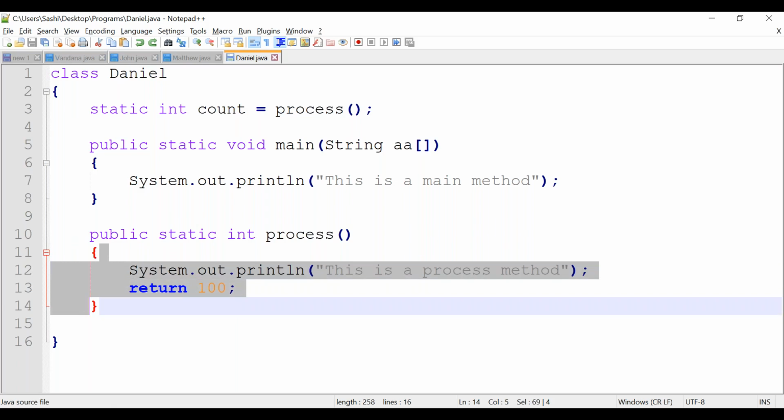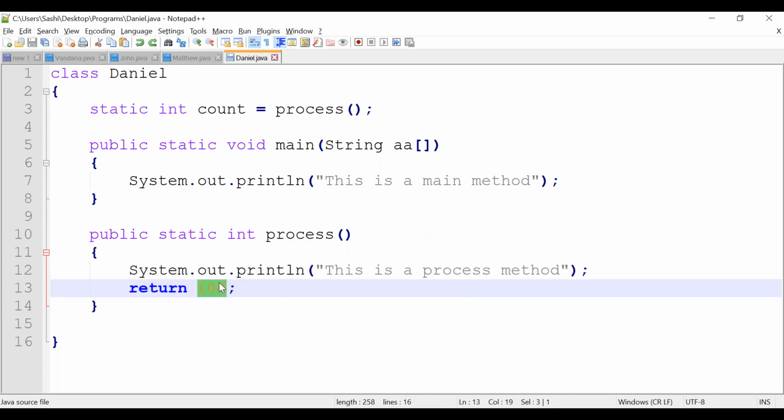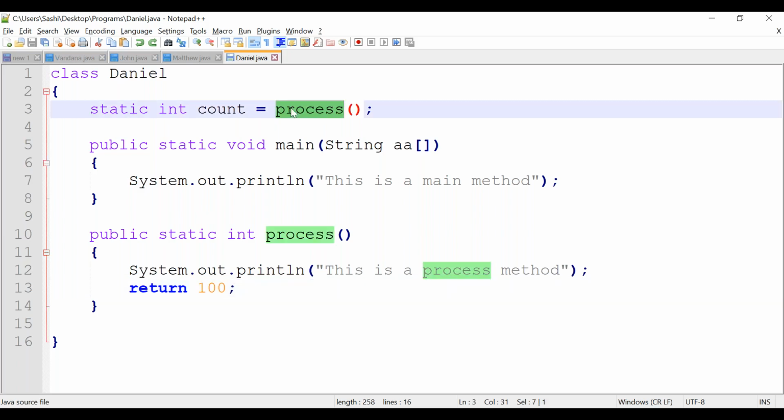Whatever statements are inside the process method will be executed. Then the process method returns 100, and that 100 is stored in the count variable, correct? So first the process method will run, then the main method will run, correct?